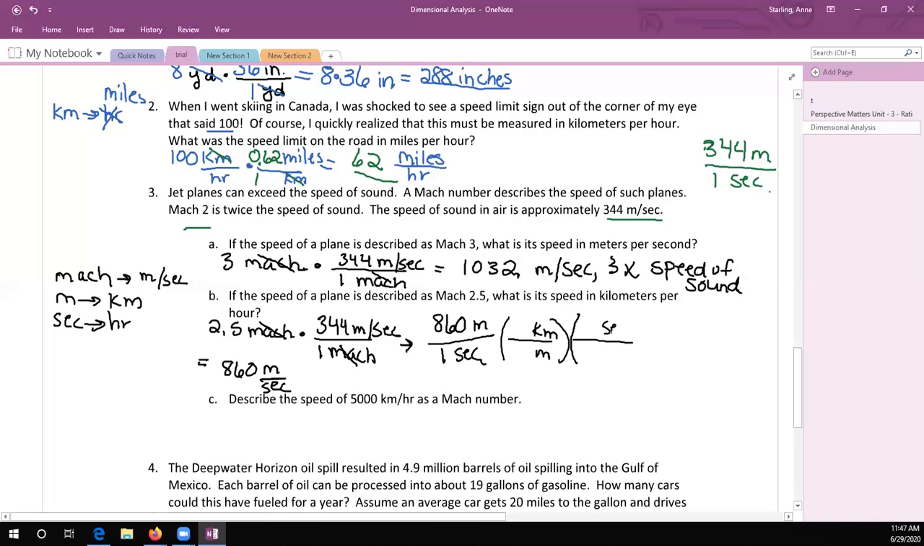And then I'm going to go seconds to minutes, and then minutes to hours. And the reason I've set it up that way is because now I want to go through and make sure these cancel. So my meters cancel, my seconds cancel,